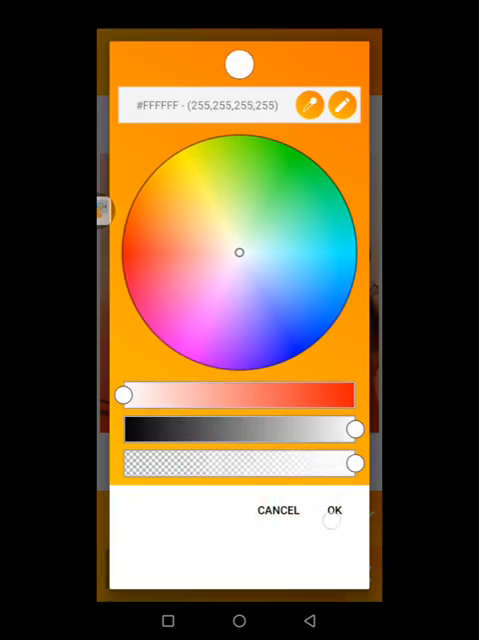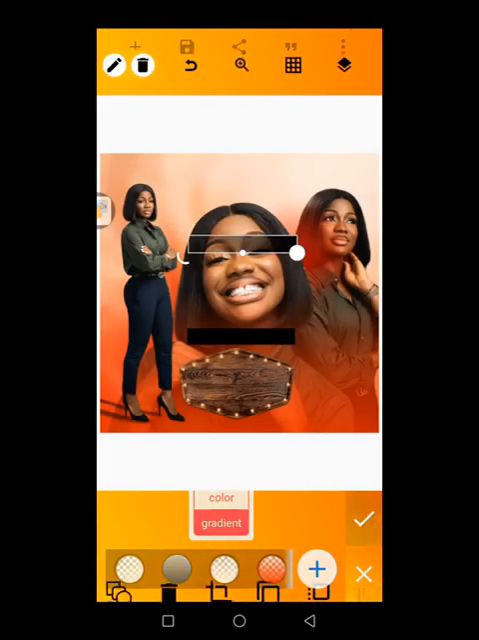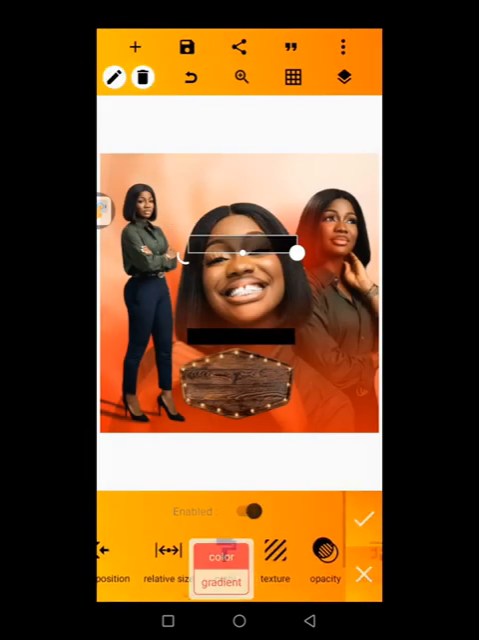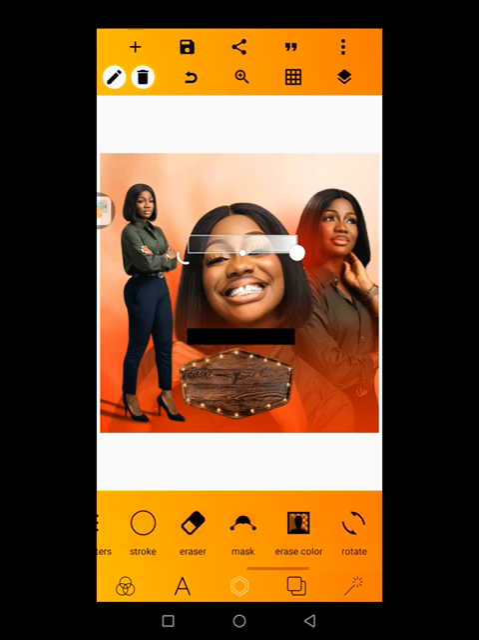Then I'm going to change it to white. Then I'll go to the side. Then I'm going to reduce it to the lowest. After reducing it to the lowest, I'm going to change its dimension to something like this. I think it's better. I'm going to leave it like that. Now I'm going to color to go and remove the black. Yeah. So after turning it to gradient,